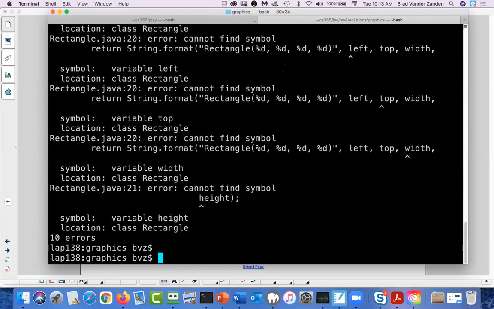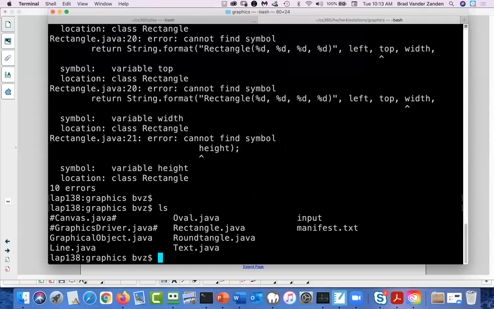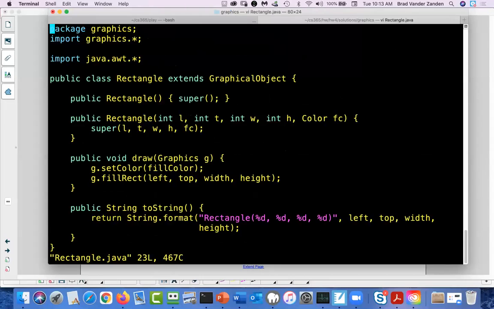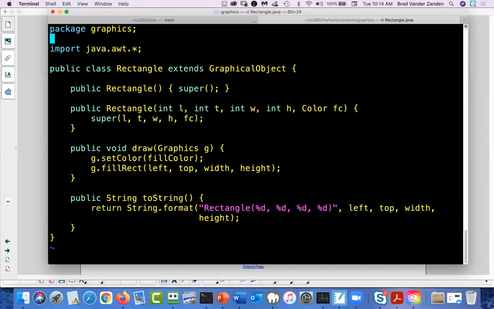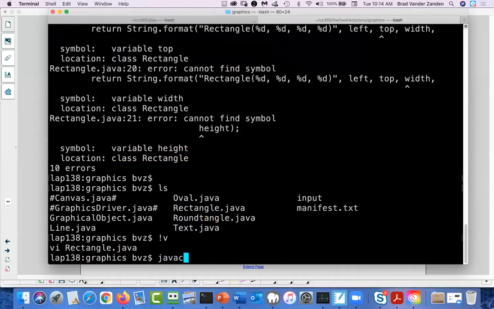And you're like, what the heck? I mean, GraphicalObject is here in the same directory as rectangle.java. I have my import statement. What could go wrong? Okay, well, first of all, you don't need the import statement. It will naturally look in this directory for other things. So notice if I take the import statement out,